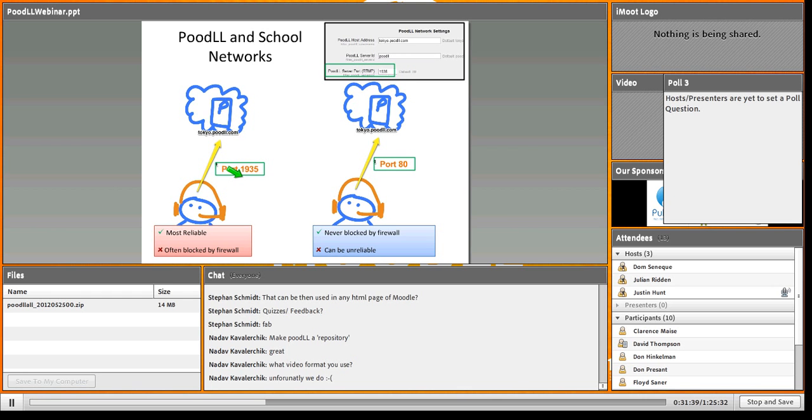The great thing about port 1935, it's very reliable. It works well, and recordings are not truncated. It's reasonably quick. But the downside, of course, is that schools will often block that port. So to get around that, we're also listening on port 80, and that is never blocked by the firewall because